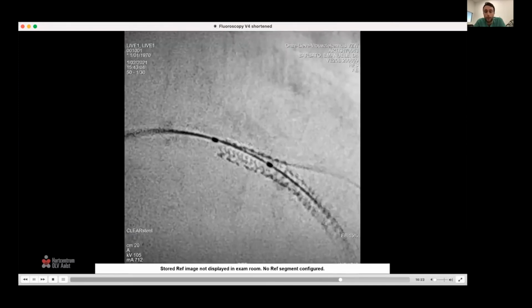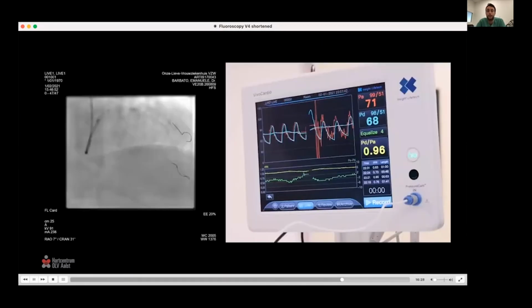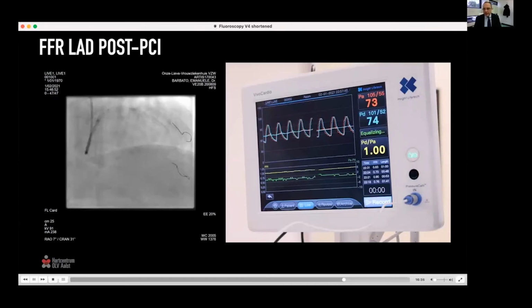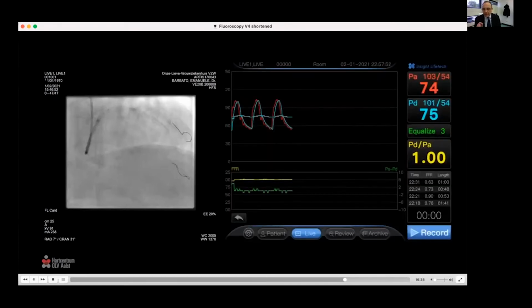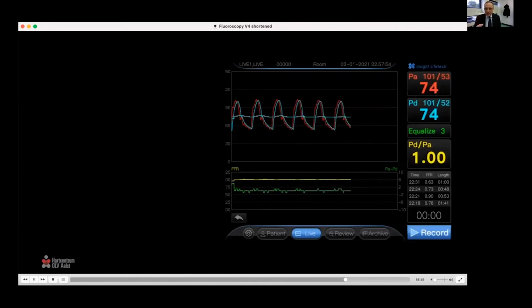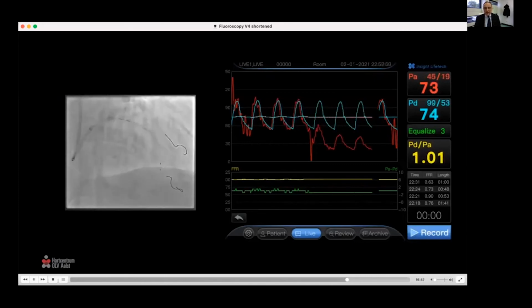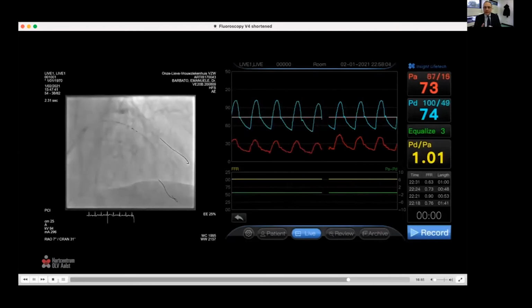And here you can also see again the final result with the stent beads. And here we see clearly the struts of the stent in the diagonal branch. We did post-PCI evaluation. Again, microcatheter at the tip of the guiding catheter. We check the equalization. It's 1 at this moment. Always consistently, same protocol. We advance the microcatheter up to the landing zone we gave ourselves at the beginning of